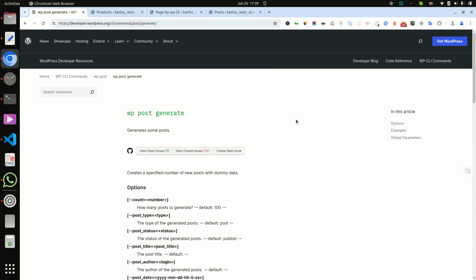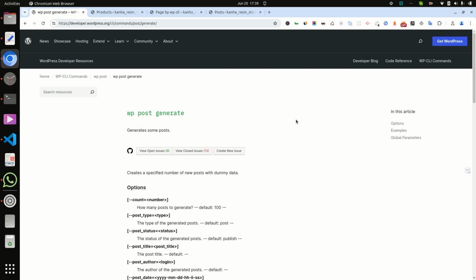Today we will discuss how we can generate posts via WPCLI. Basically, some testing time and development time is required on a news website, or any website with lots of traffic. So how does our website work then?